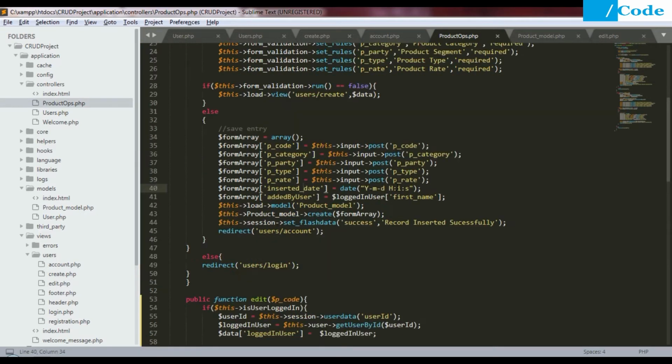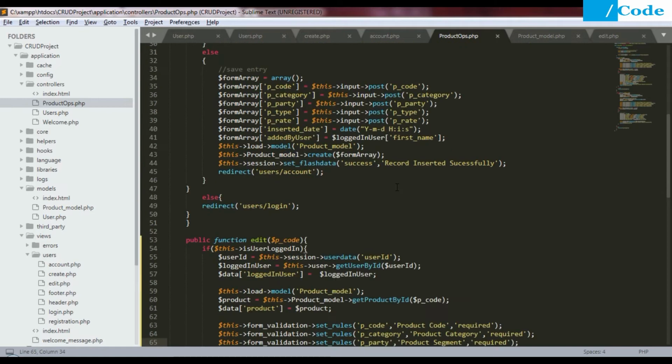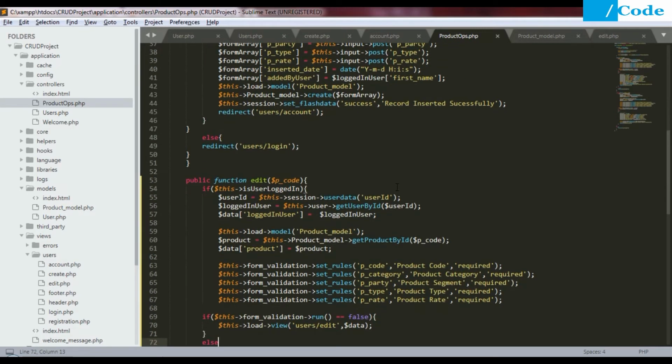Now come to this part: get user by ID will set the user record on the session inside the data, and then we are calling the product model and calling the get product by ID with the p code, and we are setting all this data of that product inside the data array of the product.